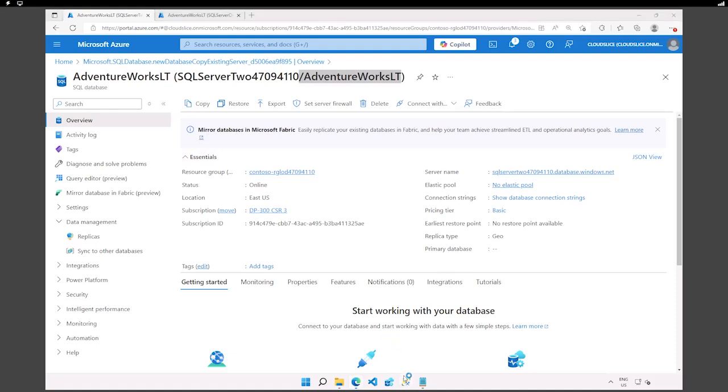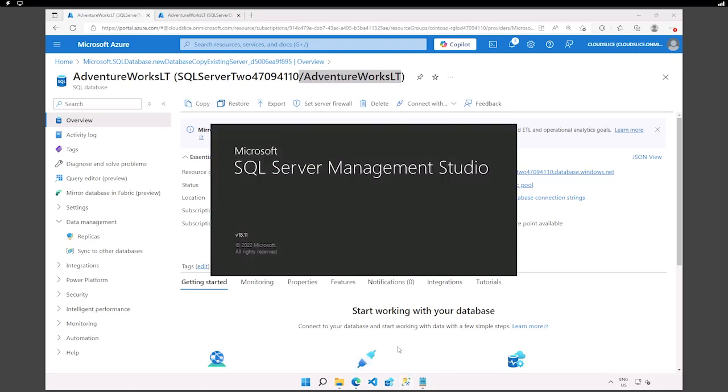So I'm going to open the SQL Management Studio, and then we're going to connect that secondary Azure SQL database. All right, so I copied the name of it. In the meantime, I'm opening the Management Studio.